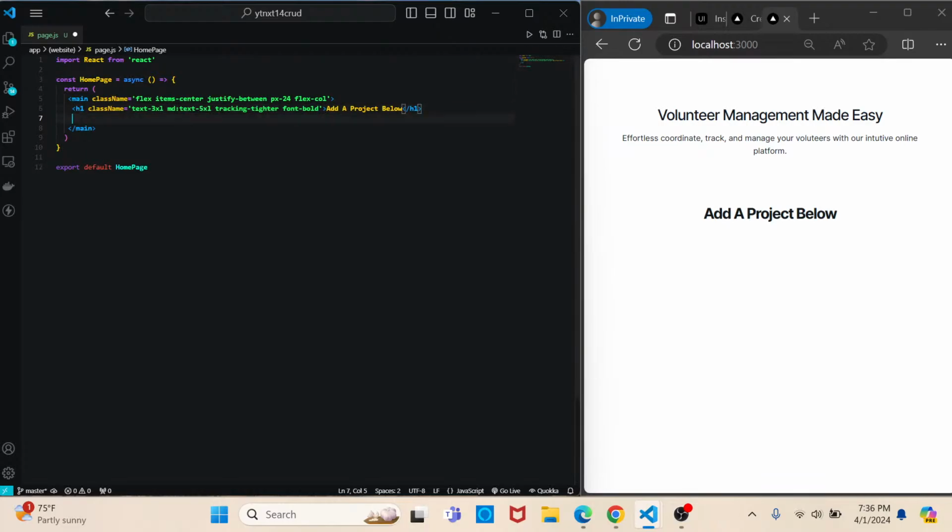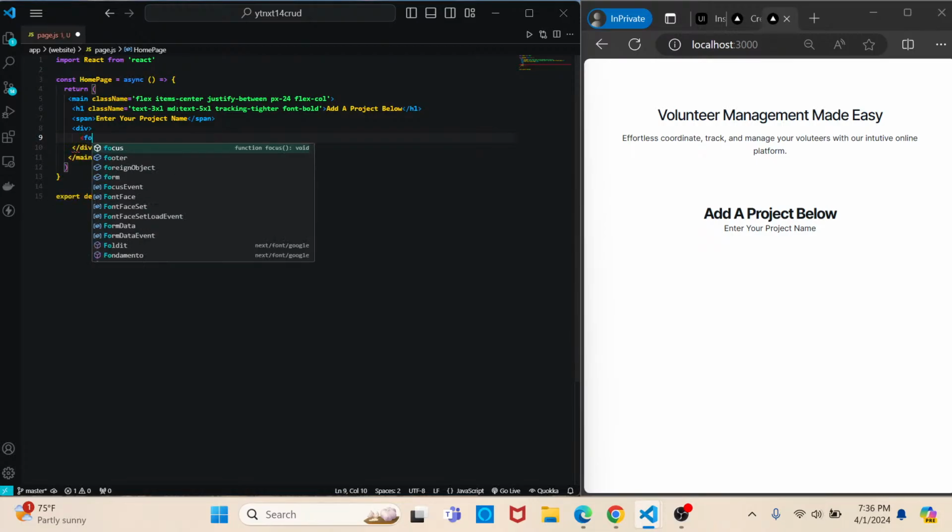And underneath it, let's add a span. Enter your project name. And click save. Yep. And then underneath this span, let's add a div. And inside of this div, we're going to have a form that'll have a row layout, and it'll be basically a input and a button. So we'll go within the div, we'll add a form,